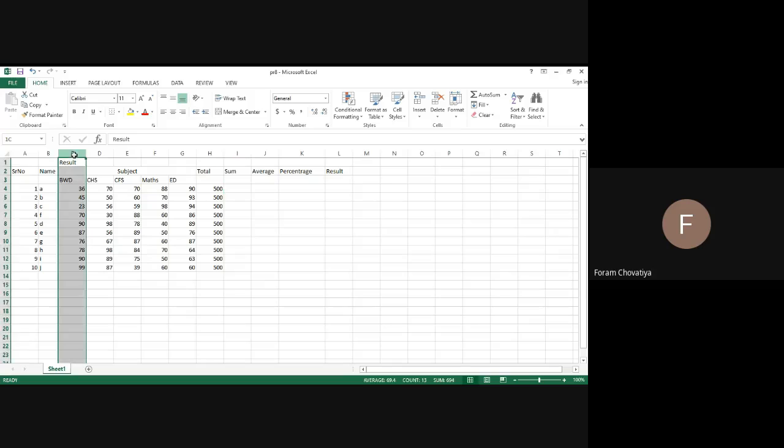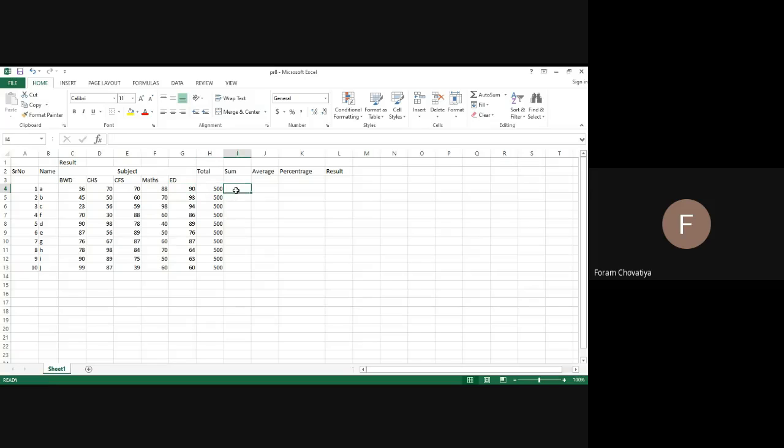So from this column to this column. The first cell is C4 to G4. We have to add the C4 cell to the G4 cell.